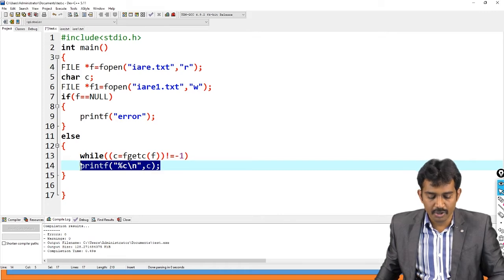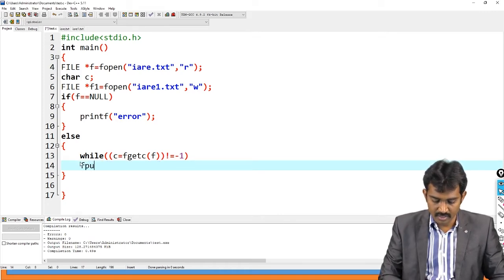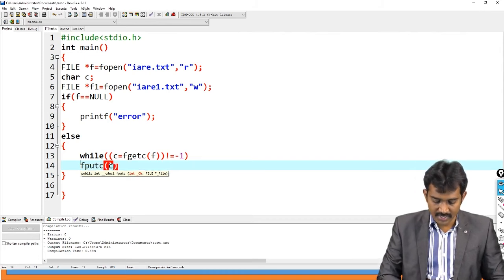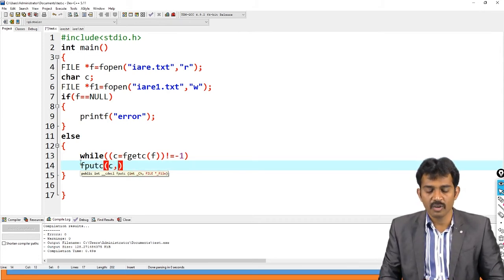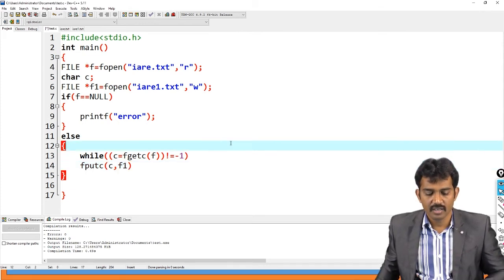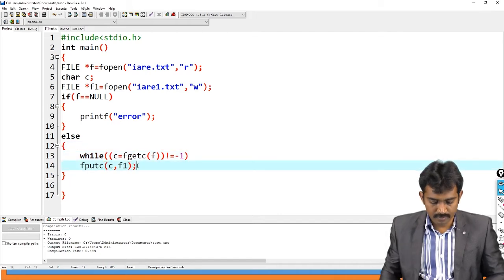Instead of printing, I'm going to write fputc here. fputc of c, the character, and what is the file pointer? F1, right? F contains the IRE file, F1 contains IRE1. Now, if you run this code,